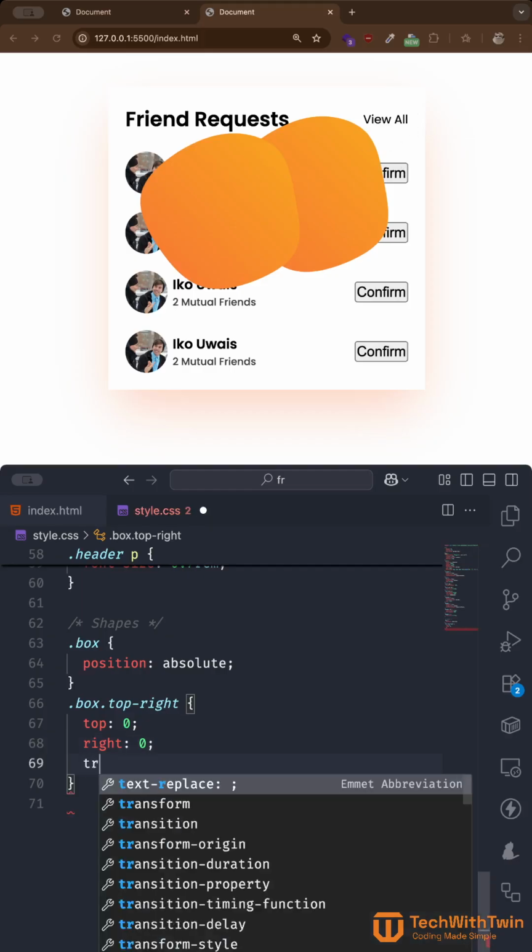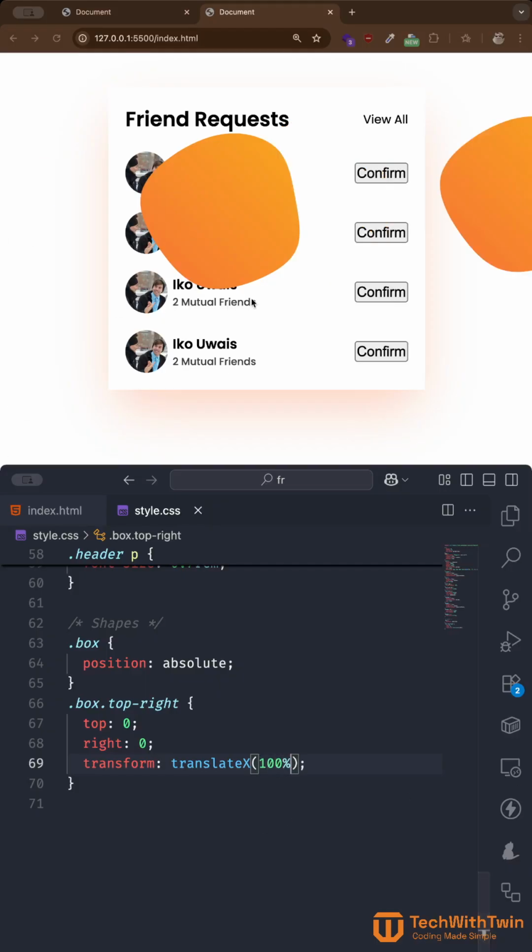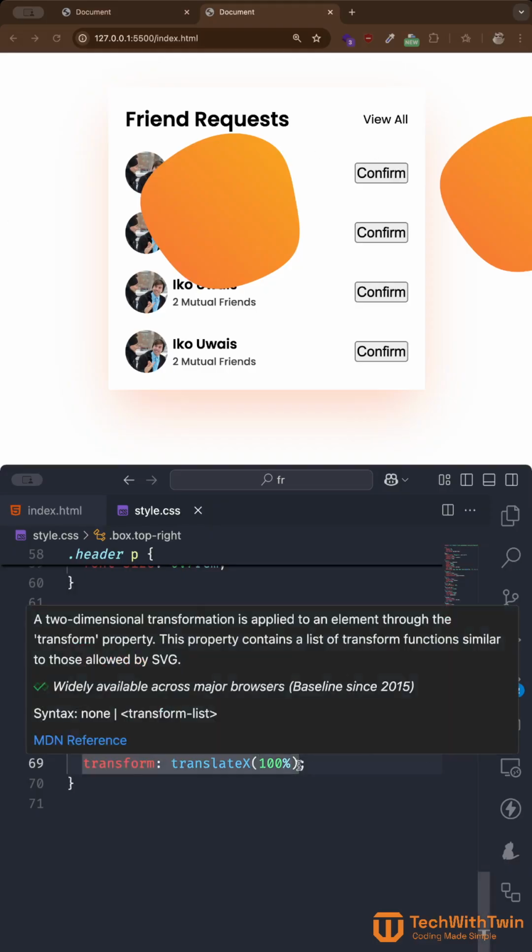So how can we do that? We use the transform. I did a tutorial on the transform, and I'll just show you briefly. So with the transform, we translate. When you use translate, you can translate X, Y, or both. So let's start with X. Right now, it doesn't have any transform. If we do translateX 100%, it is pushed away on the X axis. This is like a Cartesian grid. If you say 100%, it is pushed 100% of its width in the positive direction. So if I do 50%,